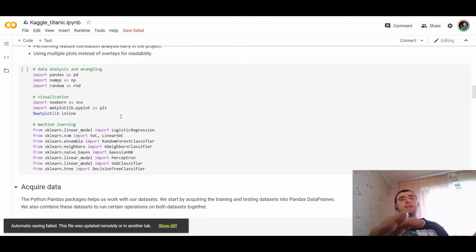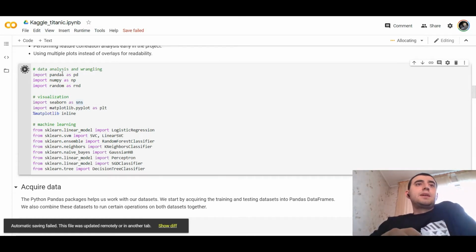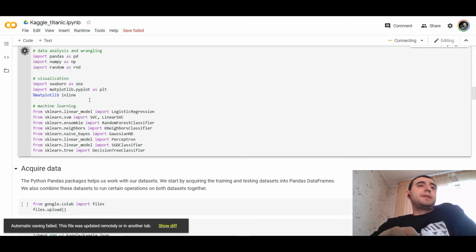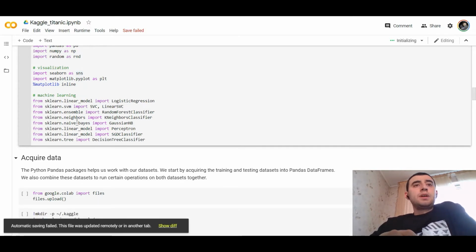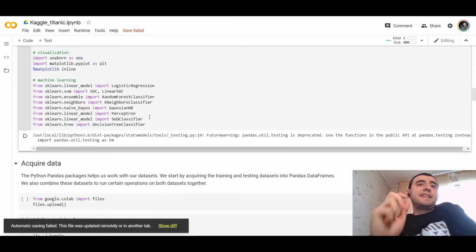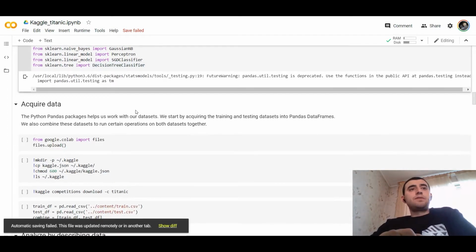Okay, then. So let's import all the libraries: pandas, numpy, seaborn, matplotlib, with the magic matplotlib inline, sklearn, and all the models from sklearn, like logistic regression, linear SVC, random forest, k-neighbors, perceptron, SGD classifier, decision tree classifier. So first of all, we need to